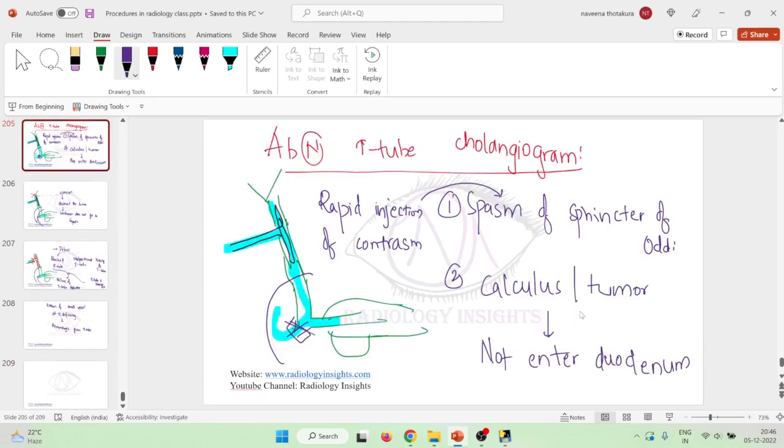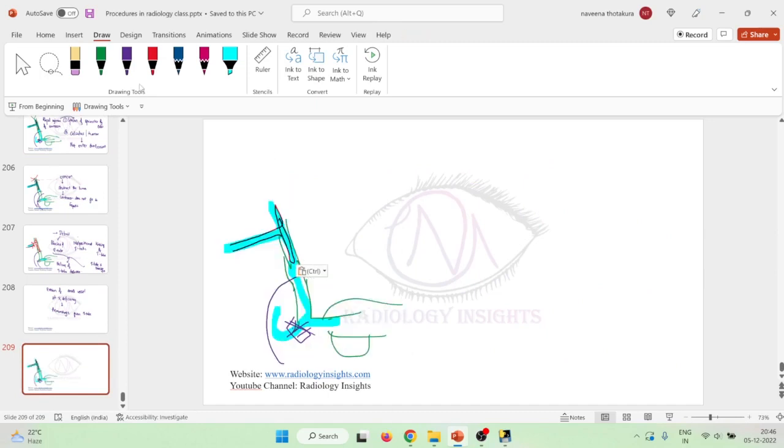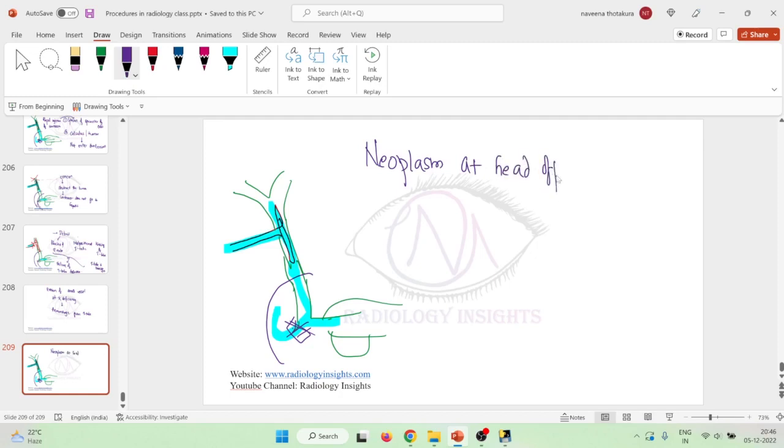Then, if you see this picture where there is obstruction seen in the common bile duct. Sometimes you can see that there is some obstruction in the common bile duct. It can be due to a neoplasm at the head of the pancreas, or there can be some chronic pancreatitis,